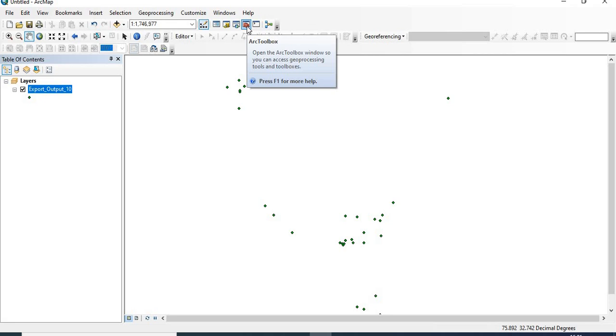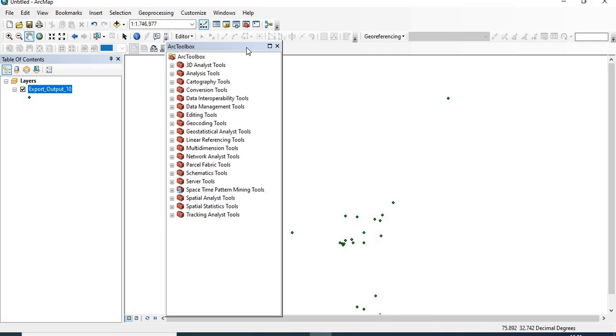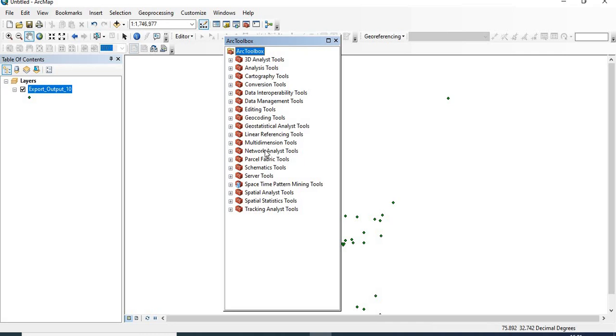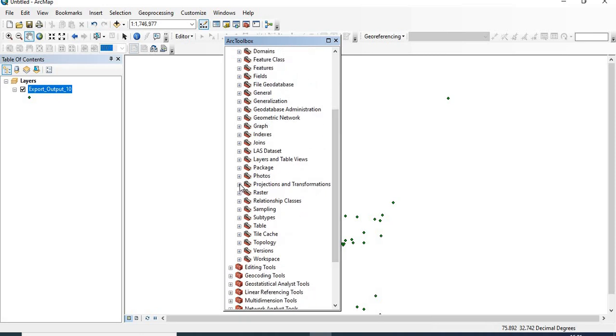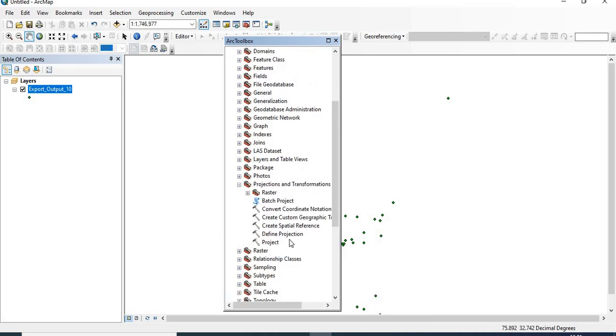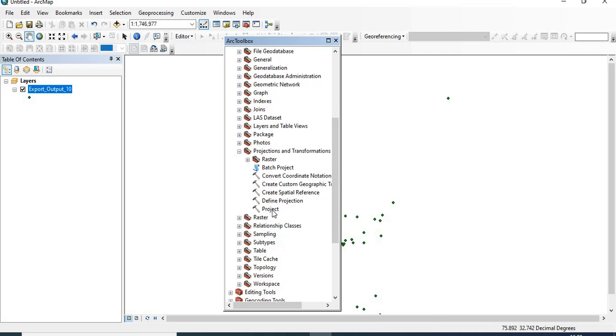So click on Arc Toolbox and click on Data Management Tools and go to Projections and Transformations and click on this Project. Double click on this Project.